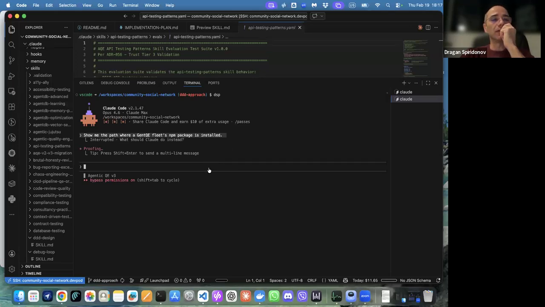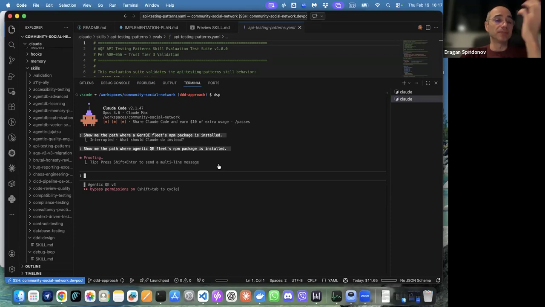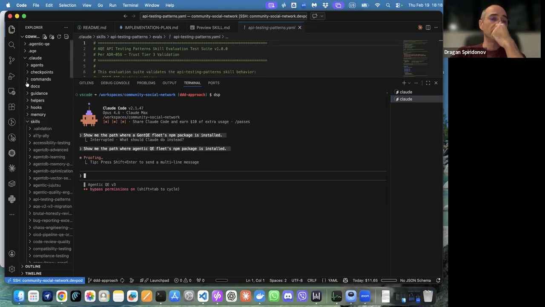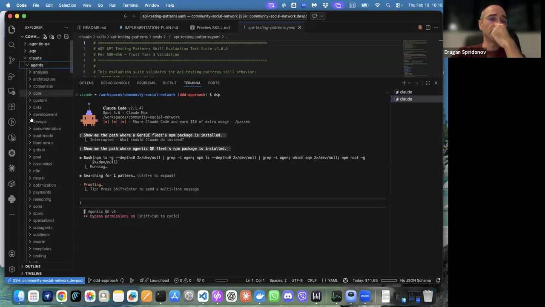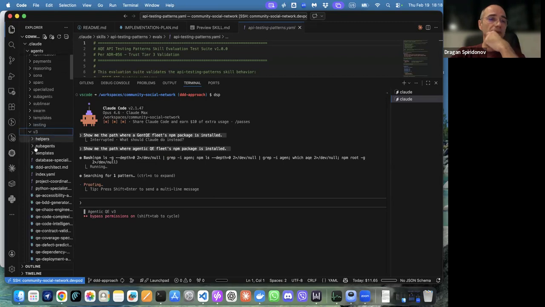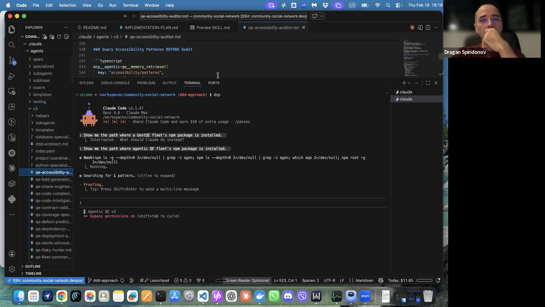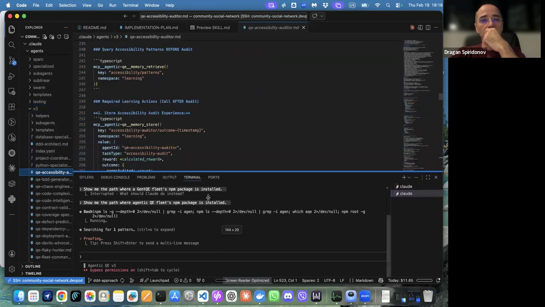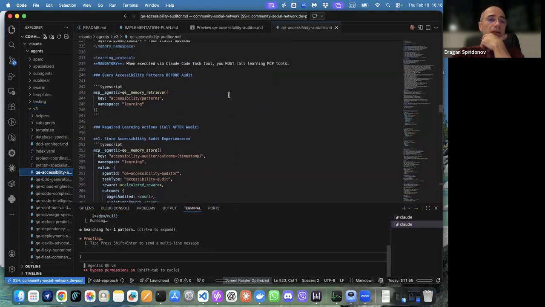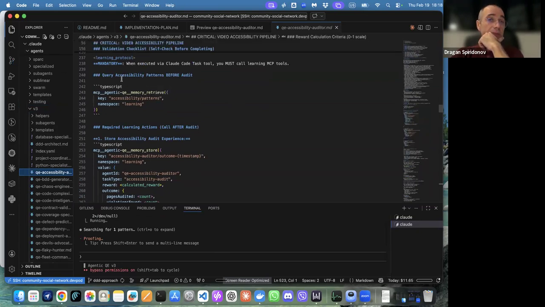That provides a lot of things from the fleet, because agents and skills. So let's go to the definitions of the QE agents. While this one is searching for the pattern, they use calls to agentic before starting to do something.